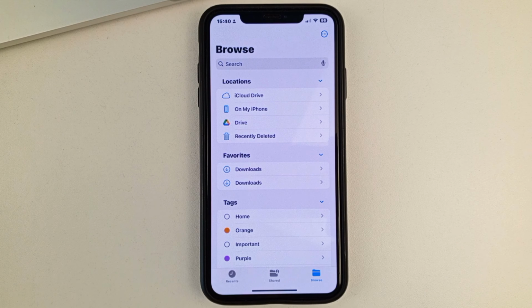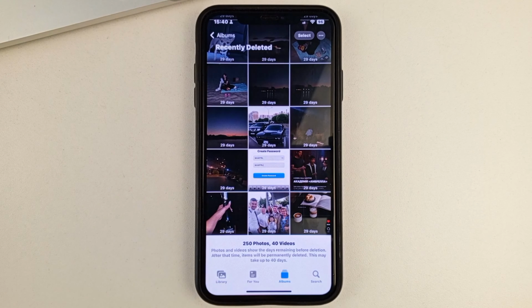Also, friends, I haven't shown you how you can delete all the files in the gallery. I will show you now. So when you go to the deleted folder in the gallery, here you can delete any particular files before the automatic deletion will delete them. For example, if you want to delete one photo, you'll need to click on it and then select Delete and confirm your action. Thus, the photo will be deleted immediately.